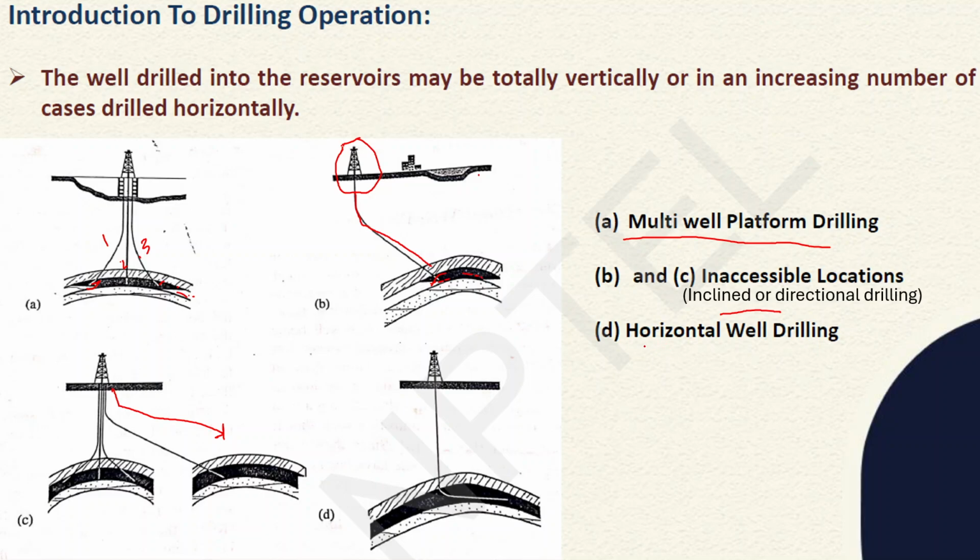And the fourth type is horizontal well drilling. Basically, here we can see this is vertical in direction, but for complete exhaustion of the crude oil from the reservoir rock, we dig a horizontal well. So there is no restriction that you have to dig only a vertical well, or that you cannot go in different directions. For complete exhaustion of the crude oil, you can dig your well in any direction.